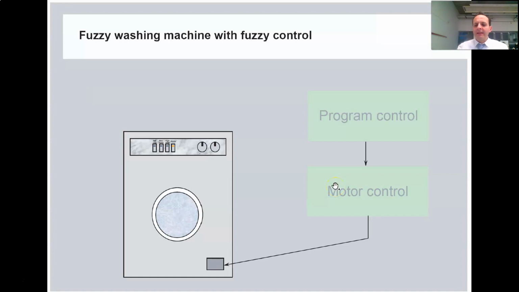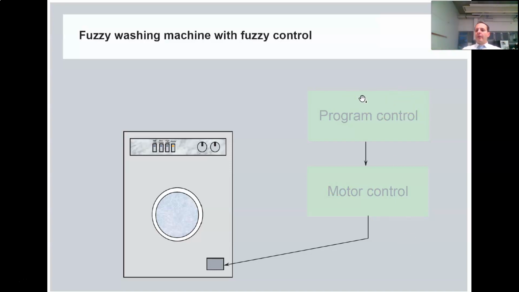Well, another simple case is a very traditional application of fuzzy logic, because this solution was already available at the beginning of the 90s. And you can understand that a fuzzy control can be used in this case for controlling a washing machine, and in particular, your control is